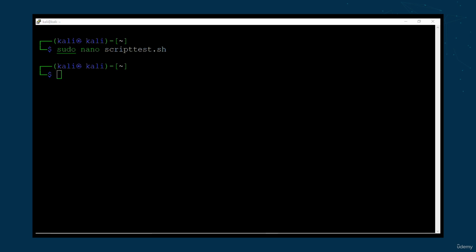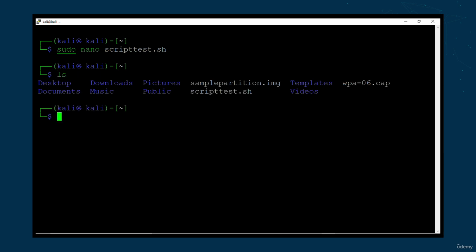So the next thing we want to do then is go ahead and try to run that script. So if I were to, well, before we do that, actually, let's do an ls. If I do an ls for listing, our script test.sh file is in our current home directory. So therefore, if I do sudo